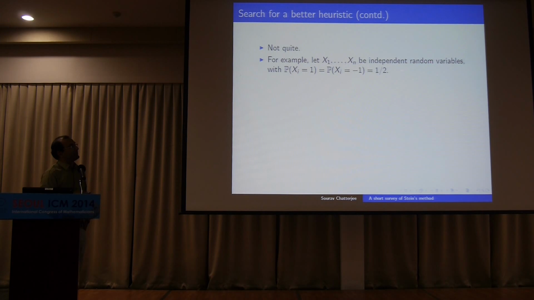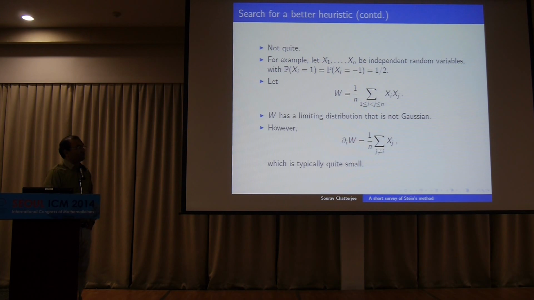Suppose these are independent random variables which are plus or minus 1 with probability half. And there's a very simple example. You just take the summation of X_i X_j over all distinct i and j and divide by n. Okay? So basically it's (summation X_i over root n) squared minus something. Okay? And this has a limiting distribution, and it's not a Gaussian distribution. It's a centered chi-squared distribution.